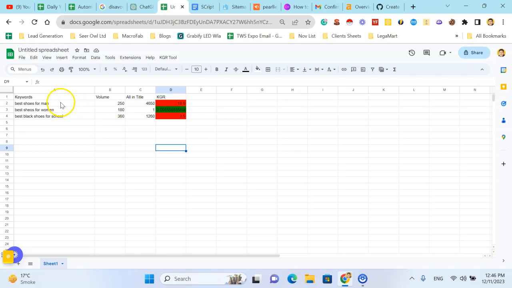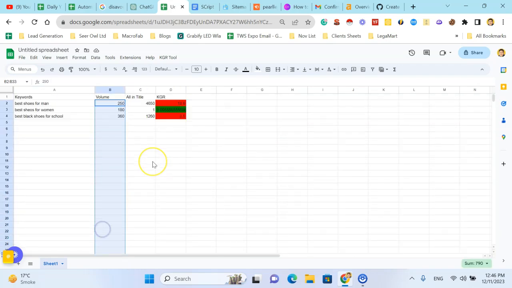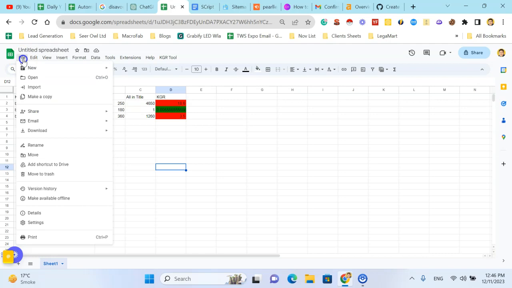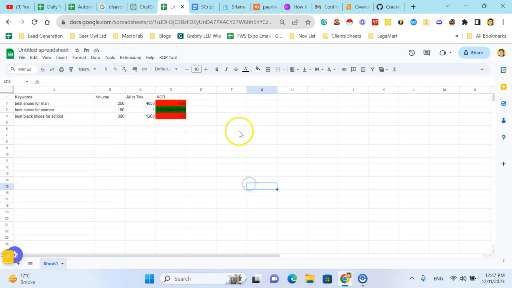So you just need to paste the keywords here and the volume here, then use the KGR tool, fetch KGR data. So also you can click on the description link to find this Google Sheet. So then you have to click File, make a copy, and make your copy and replace the API keys in